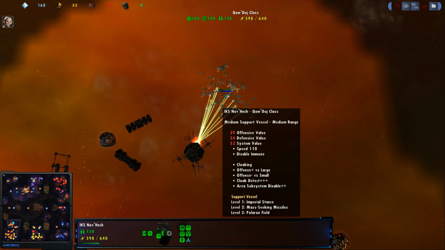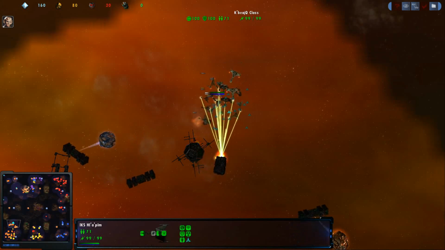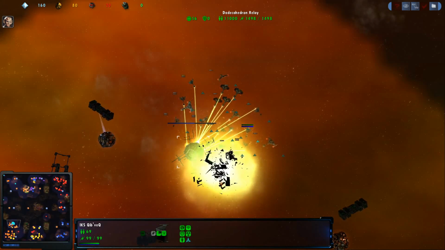Now, this is actually kind of interesting, because these ships are going to be losing crew. Not very many crew, you'll see. But they are going to lose some crew. And if the Quebecs happen to drop below...